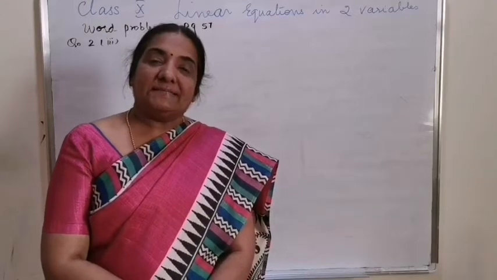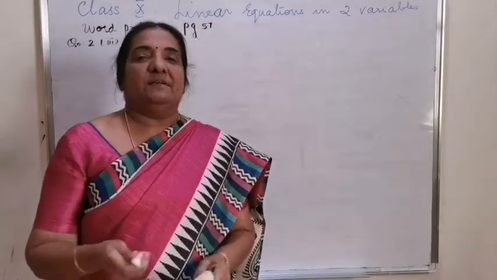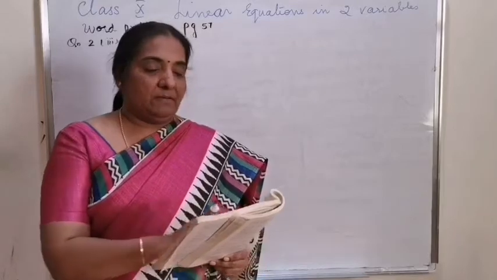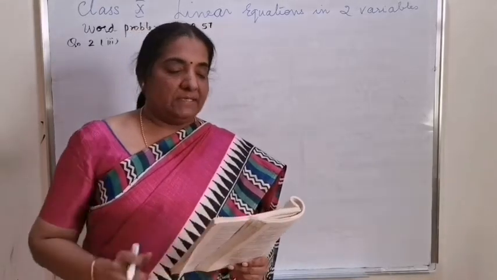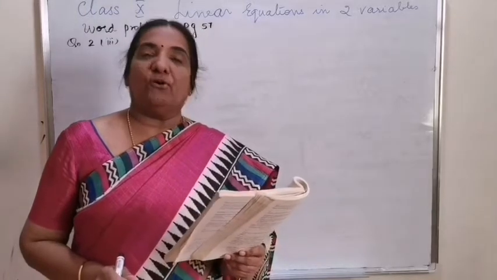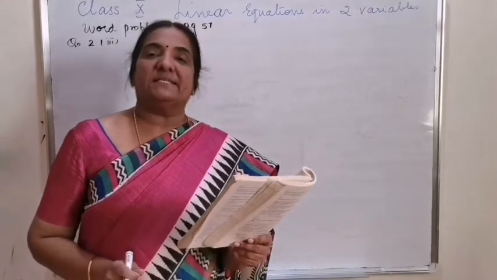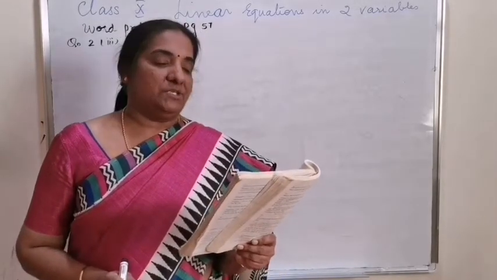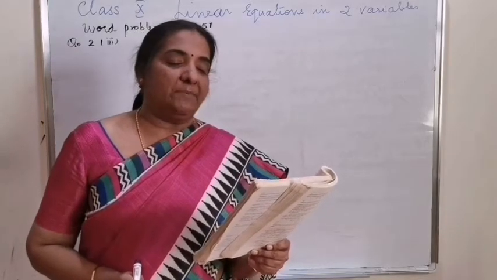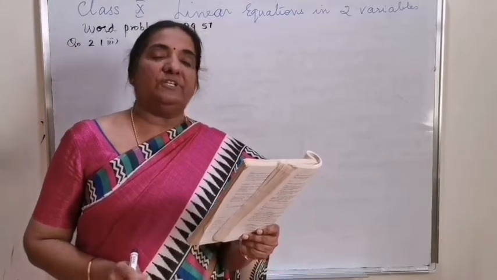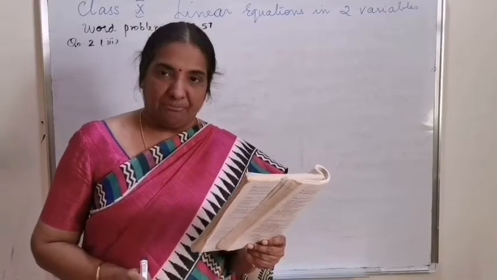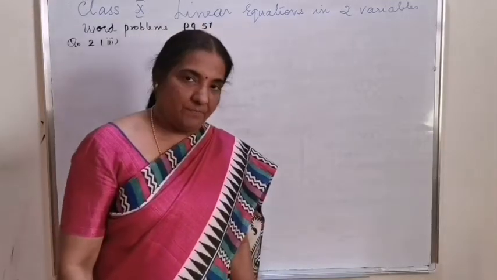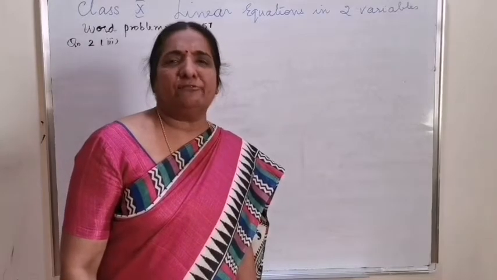Children, let's continue with the word problems from exercise 3.4, question number 2, subdivision 3. The sum of the digits of a 2-digit number is 9. Also, 9 times this number is twice the number obtained by reversing the order of the digits. Find the number. Before moving on to this question, let me connect this question with the simple expanded form of